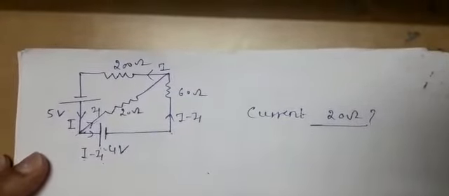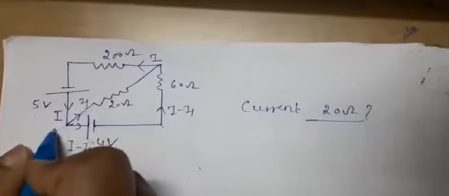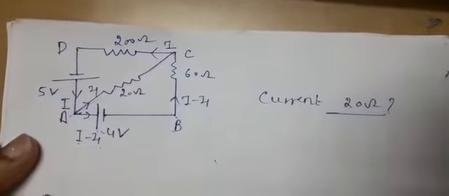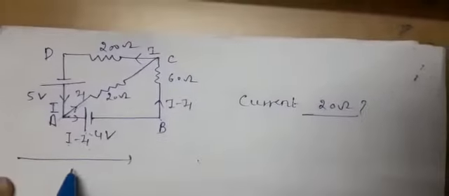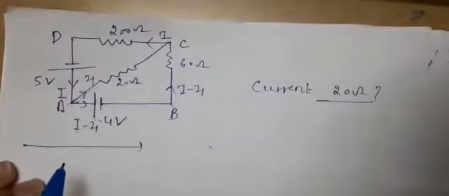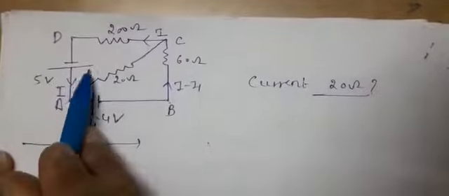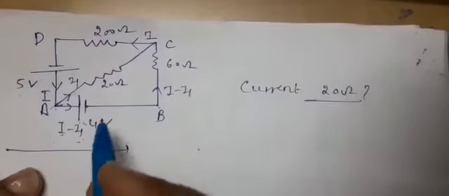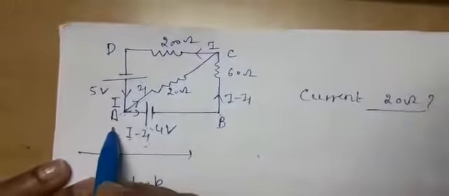So now what will we choose here? First of all, we will choose a loop. Now let me label it as A, B, C, D. Maybe this labeling has been given in the numerical, and if it has not been given, then you can do it. So first of all, we have to choose the current. The current we have already taken. The second point is to take the loop. Here there are two unknown factors I and I1, so we have to choose two loops. So first of all, I will prefer to take the loop A, C, B, A.